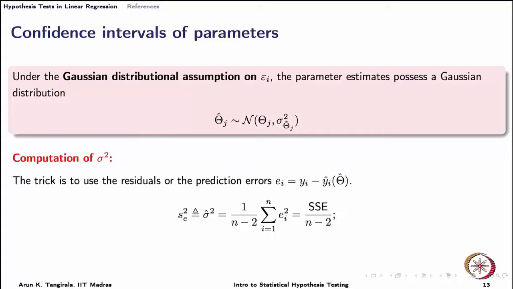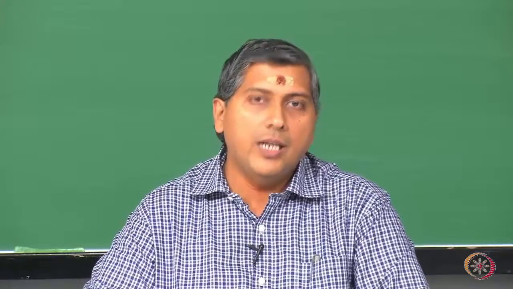Now, why do we say n minus 2 here? We have actually used up 2 degrees of freedom in estimating theta 1 and theta naught. Therefore, the leftovers or the residuals that are available for the n observations indeed have only n minus 2 degrees of freedom. That means the actual sources of variability are only n minus 2. To begin with, we had n observations, n sources of variability. Now, we have only n minus 2.